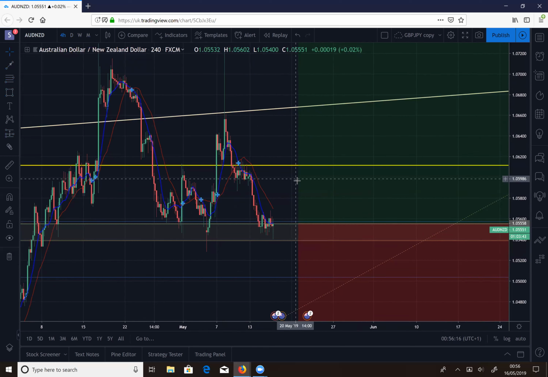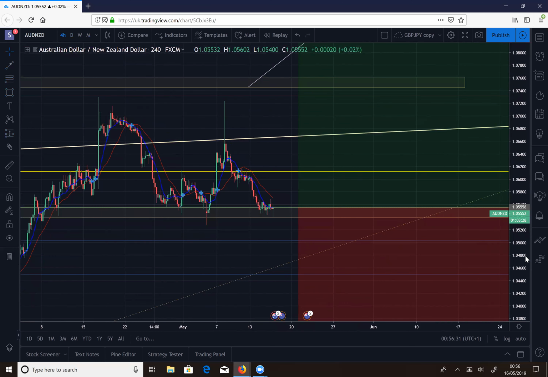So guys, what I'm going to look for on this pair is for this green candle here to preferably close above the blue MA as some sort of hammer candle. Okay,